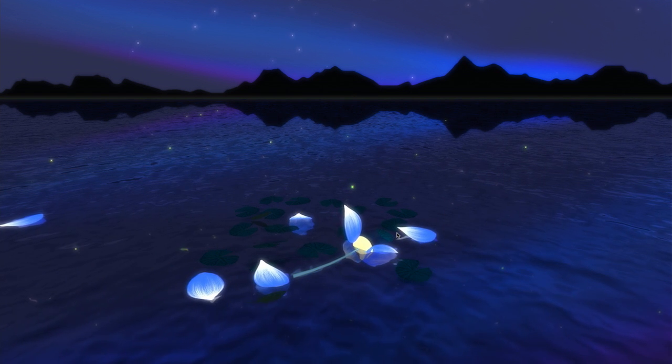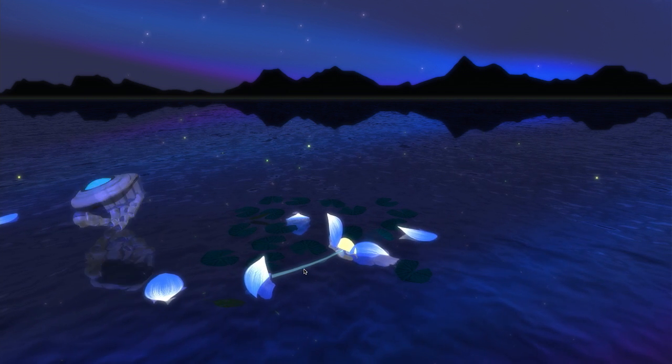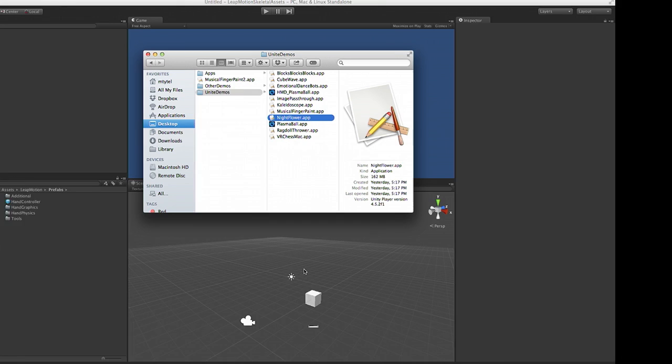Yeah, then it sticks in my hand like I would hold a flower. So I just orient it like you'd hold the flower. So there's a lot of things you can do to make